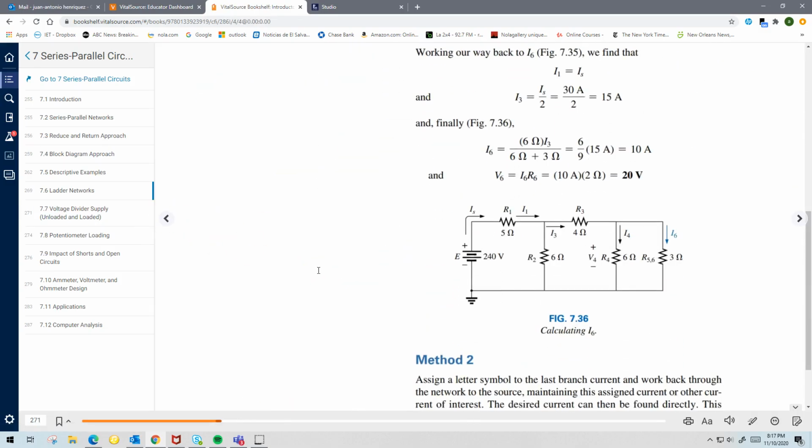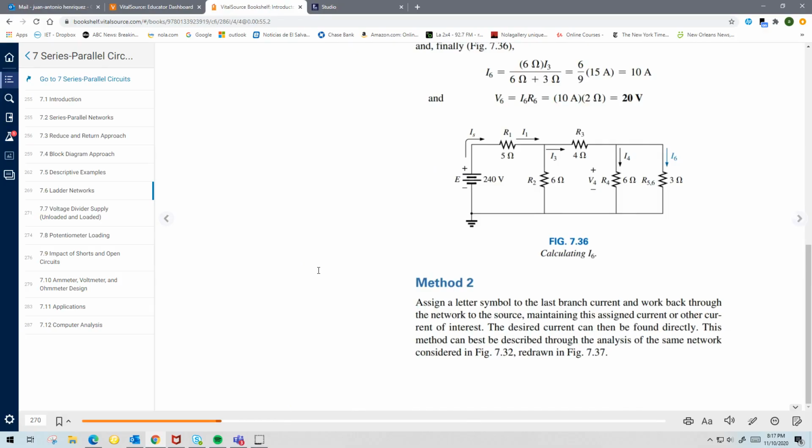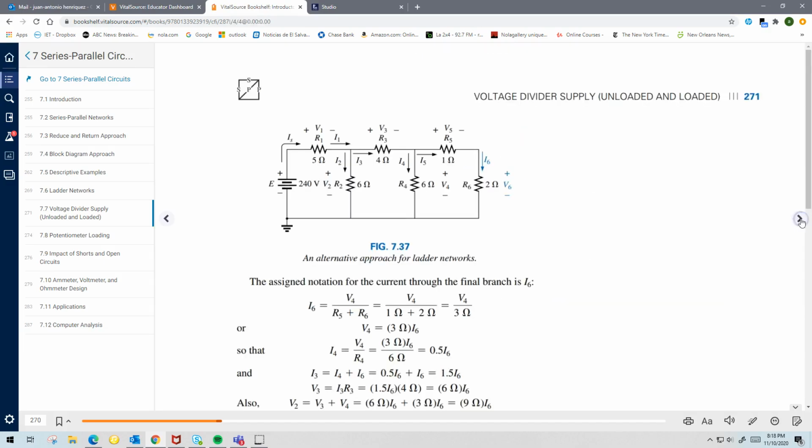At least try to understand where you're going by taking an approach of what you're going to combine and so forth. The other approach is that they assign a letter symbol to the last branch and then work back through the network of the source. So they just, like in this case, they say, well, if you look at the circuit,